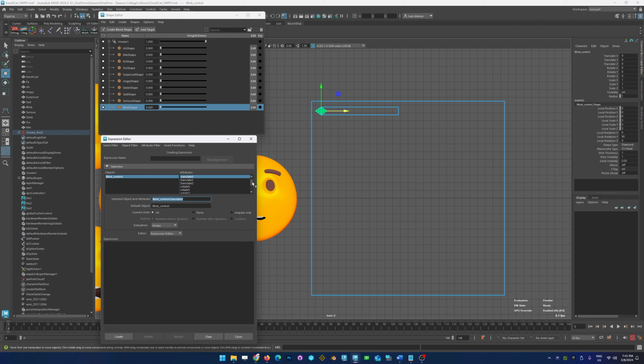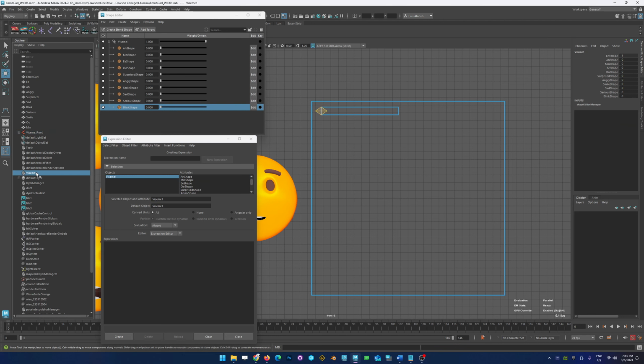Oh, we lost the thing. Not a problem. At least I have blink control written, and it's easy for me to get back to Viseme and get back to the blink shape. What we're going to do is grab that, put it over here, equals. If I were to take the blink control translate X directly and the Viseme blink shape, this is going to be a problem because the translate needs to be divided. Because it's giving you 40, we do just this type of thing,